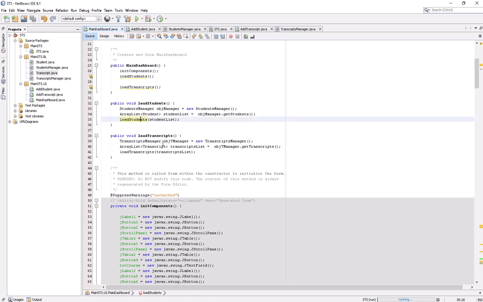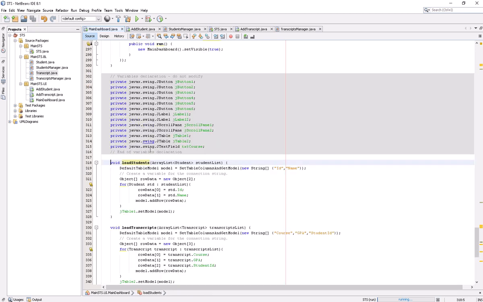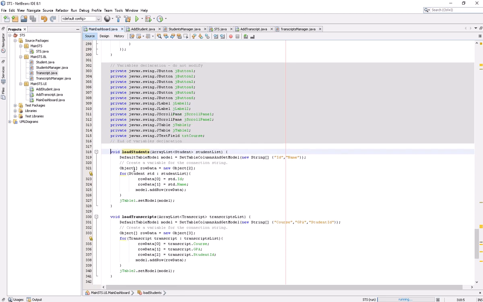Viewers, in the load student method you can press control and click on the method name, and it will automatically navigate there. So I have got the model which I can bind to JTable1, and now I have to bind my data. There are two columns, so I set up an array of objects of 2, and this is now the syntax for the for each.